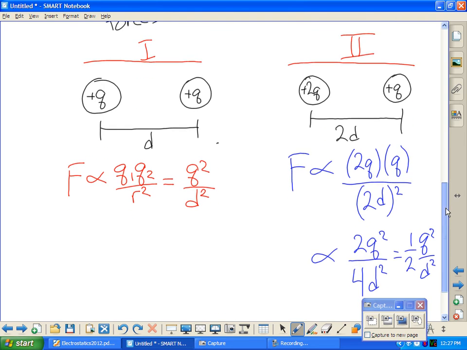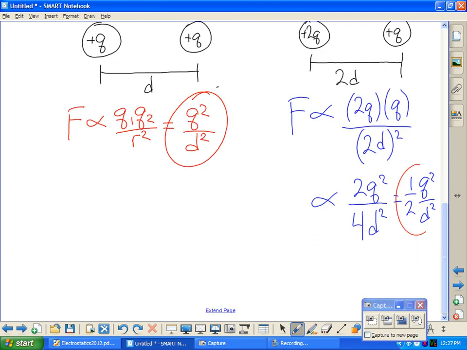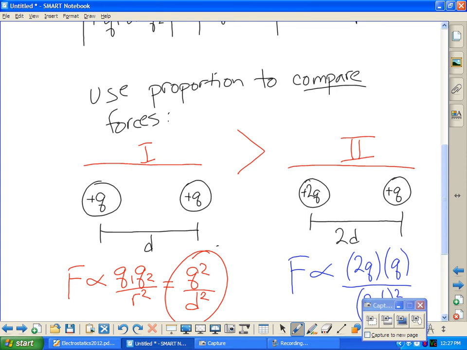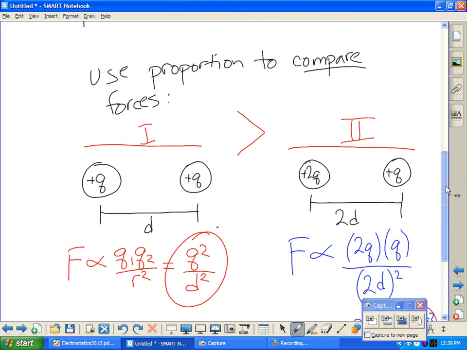So what's the answer to the question, which force is greater? Number 2. No. Oh, no. No, number 1. Number 1. Okay. Because the force here is proportional to q squared over d squared. The force here is proportional to 1/2 q squared over d squared. So we don't know what the force is, but we know that the force in situation 1 is greater than the force in situation 2. Got it? Good. Let's carry on